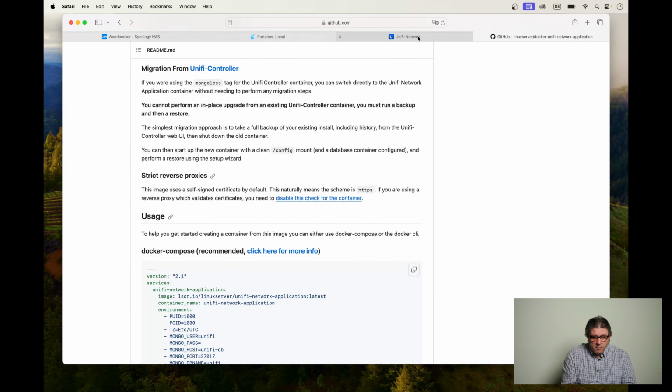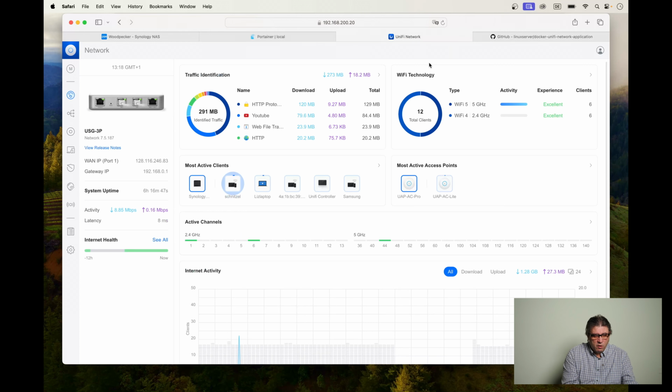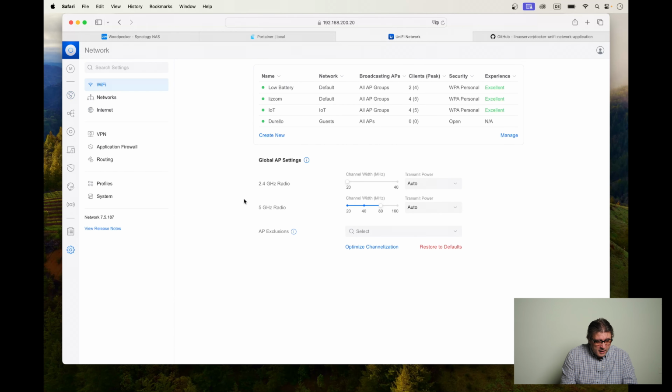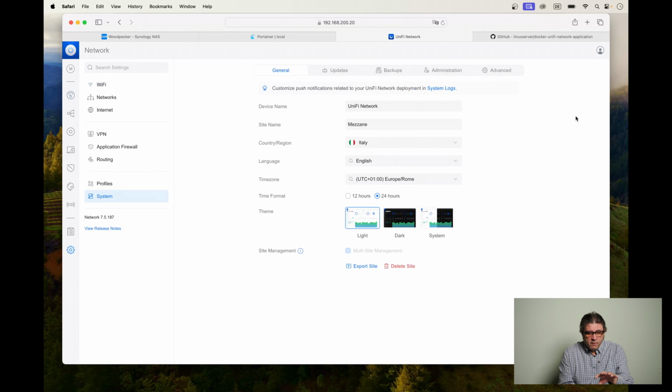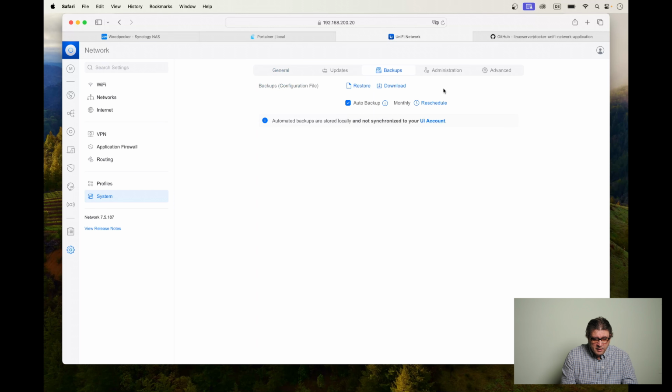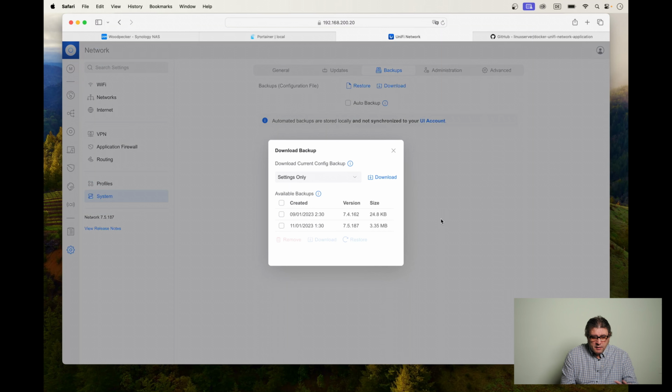Let's go over to my Unify Network Application. I'm logged on to the main dashboard and I'm going over to the settings and then the submenu system. Now we have this picture here and there is one point which is called backups. Let's click on that, and here is a point which is called download. If we click on download, we get this particular menu, and here we can select what we want to download, and